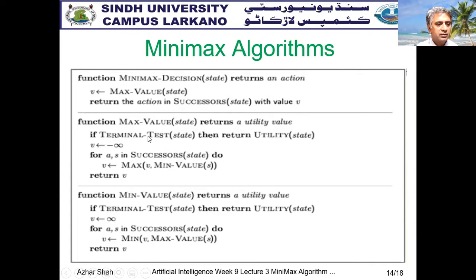So the terminal value as well as the successor value, maximum in both cases. So this will continuously or recursively go on. Similarly, the minimum value function returns the minimum value, whether it is the end value or the successor value from the successor function. So the successor function is part of all the functions, and the utility function is part of the terminal test or terminal state when the game ends.